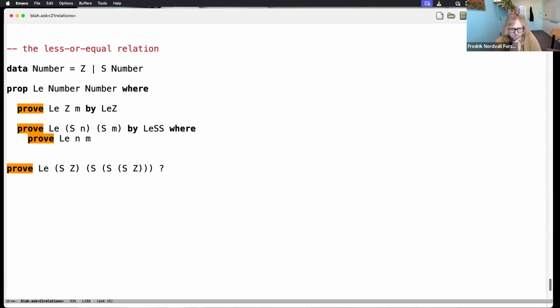Okay. Right. And you will not faint with amazement at this, right? When you've got some actual numbers, then you can pretty much see what rule to use. We're going to kick off by les. So we're proving 1 is less than or equal to 3, and we're told, yeah, fine, as long as you can show that 0 is less than or equal to 2. And then here, we're absolutely fine because 0 is less than or equal to anything.